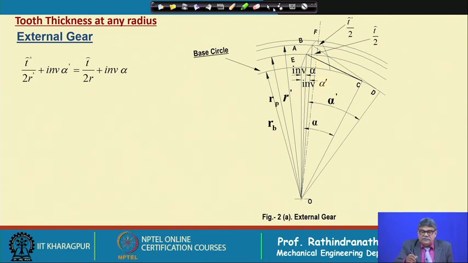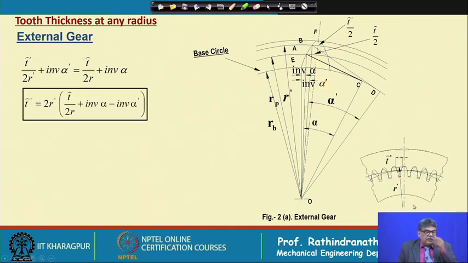This means that simply we are considering this angle in terms of the thickness at two different radii. Therefore, we can write